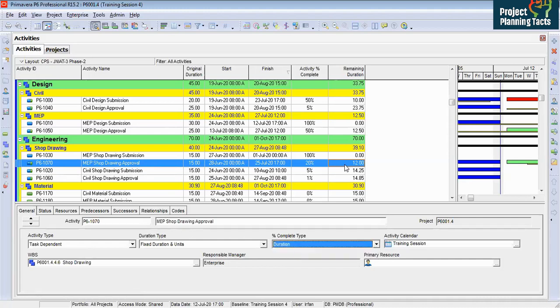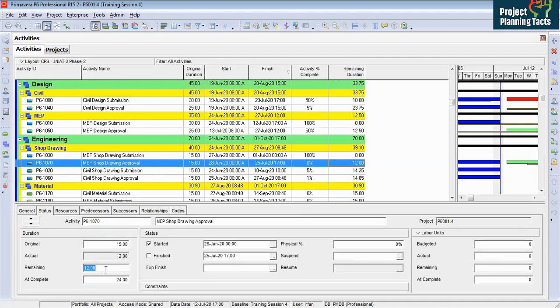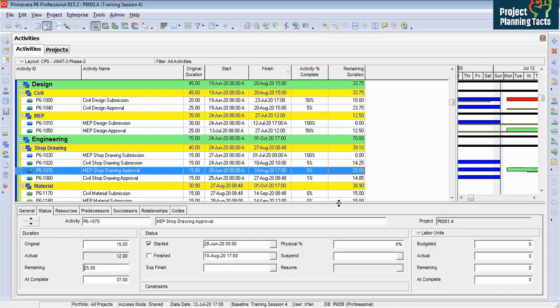So how does duration work? You just saw it. It computes the percentage to the remaining duration. So you have 12 days for an activity, you have done 50%, it will calculate the remaining duration according to the original duration as 50%, and it will show 50% as remaining duration. But here we are going to select physical. I am going to change this remaining duration to, let's say, 25 days. All right. And then I would say here 20%.